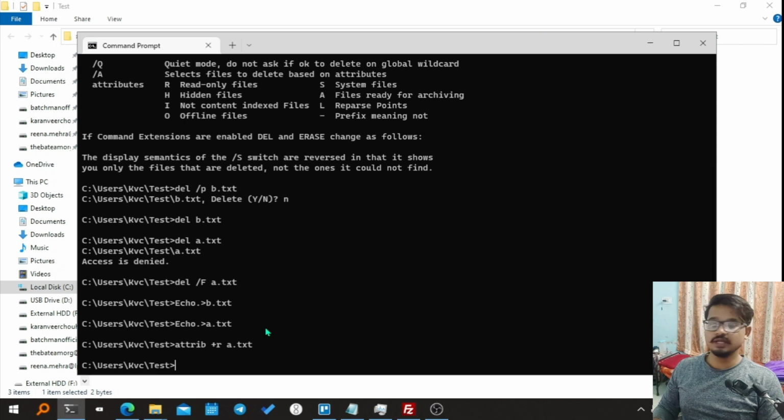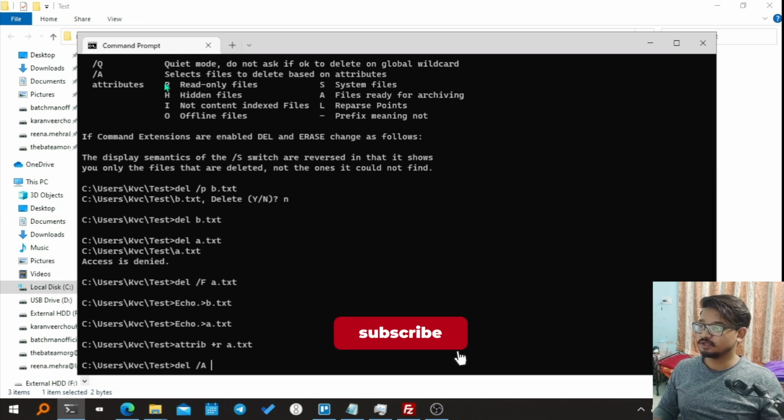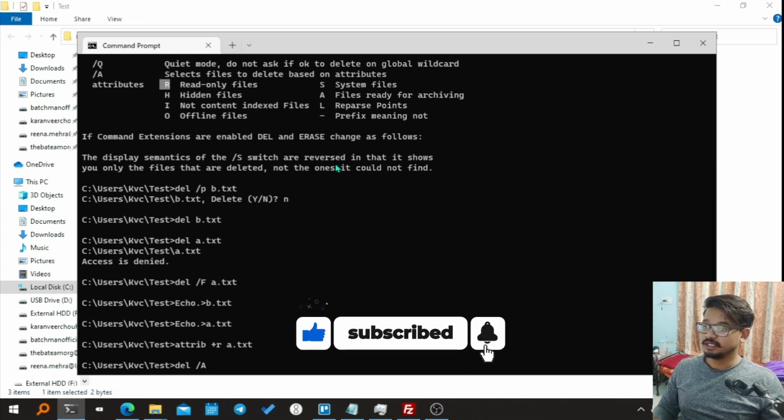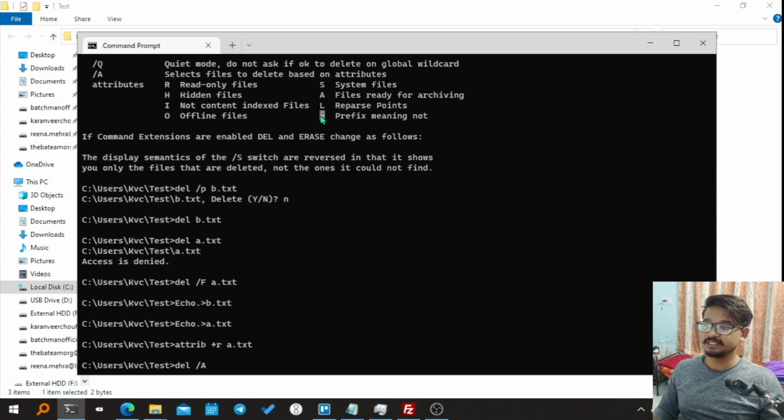So I'm trying to delete all the files which are not read only. Let's do that. I will say del /a, and then the attributes are denoted as r. It says if you want to use the meaning "not", use minus as the prefix to your attribute character. I want to delete all the files which are not read only. So not means minus and read only is r. If I press enter,